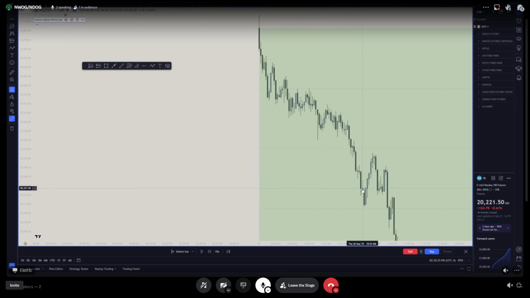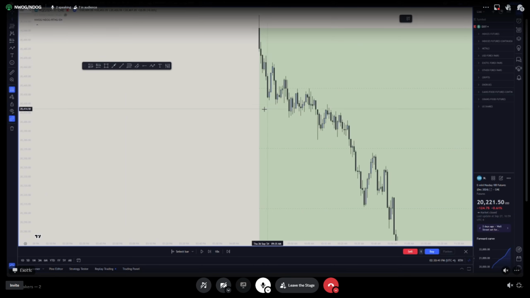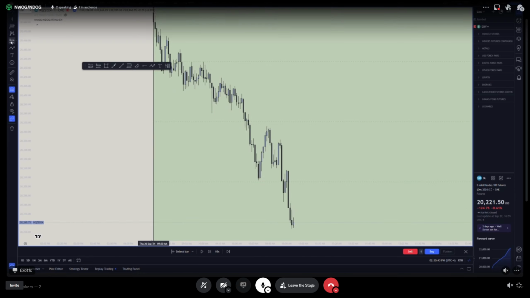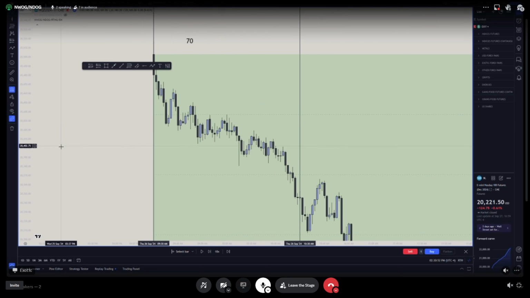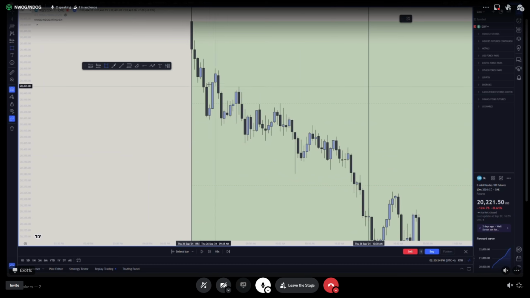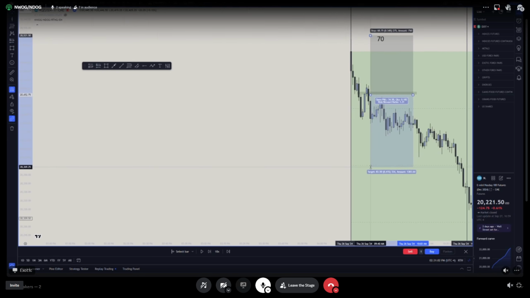So from 9:30 to 10:30 is when you're going to see that strike rate. So we'll go here and I'll just mark those out real quick. So from 9:30 right here, all the way to 10:30 right here. So this is your hour, and this is your 70% strike rate chance here, right? And what you're gonna do is take one of the first fair value gaps formed, right? Which in this case was here, and you're gonna take that down right to the consequent encroachment of this